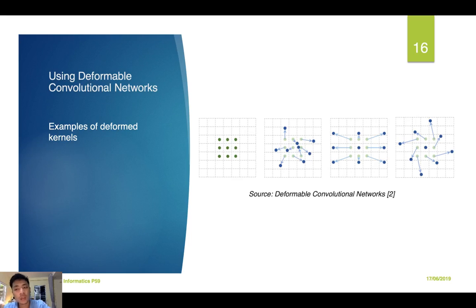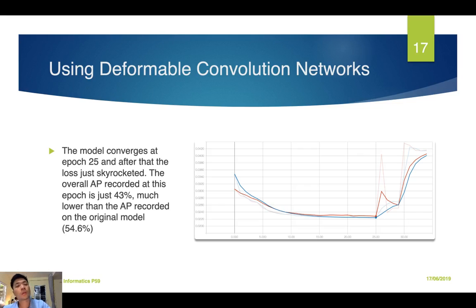These are three custom deformed kernels that might be learned through the network. So I replaced the first two layers with two layers from deformable convolutional networks. Unfortunately, the system doesn't reach the point of improvements. It doesn't even maintain the performance of the network, dropping from 54.6% to 43%, which is not acceptable at all. The system stopped converging after epoch 25, so I had to shut down the system.